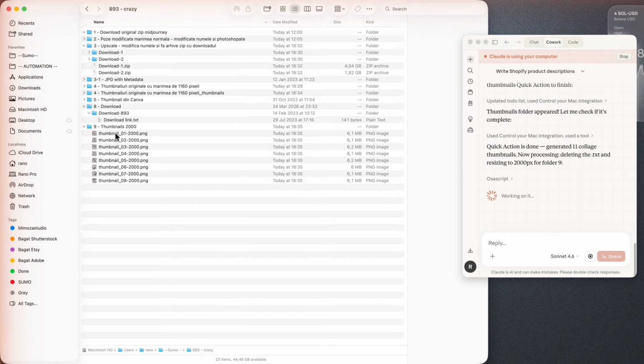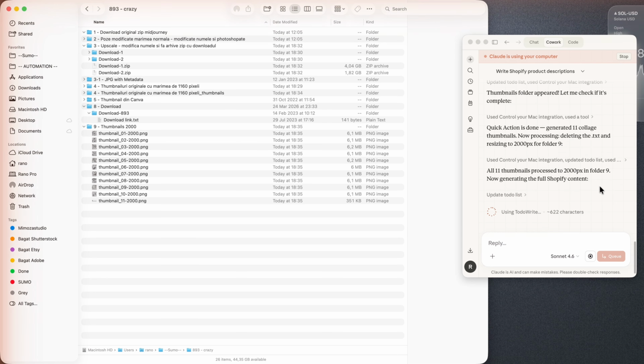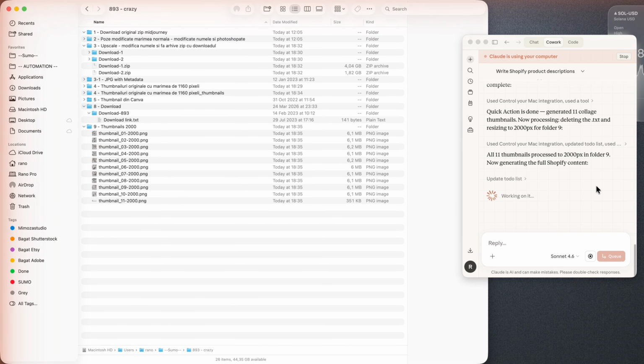Oh, he started to generate the thumbnails because I want to use them on my Shopify store. I will upload them manually. After that I will also generate the main thumbnail. This one I am doing manually because I like to choose exactly the name of the right images. Now I think Claude will analyze all the images and it will generate the product title, description, and the